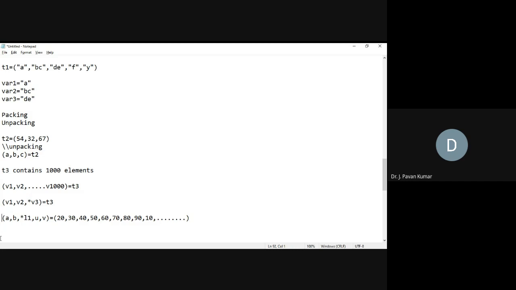Suppose if you don't want to unpack some middle elements, then you can unpack only certain elements from this end or from this end. Understand? Try to understand the logic why we cannot unpack wherever we want. Such kind of thing is not there.